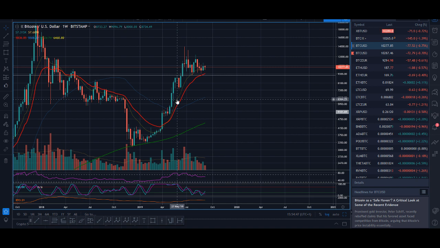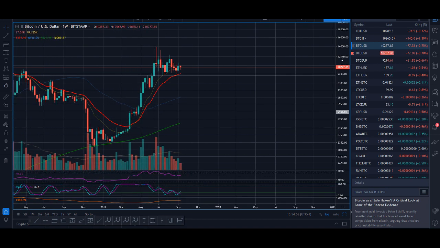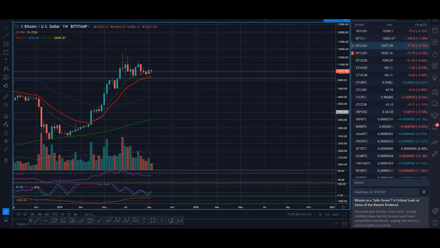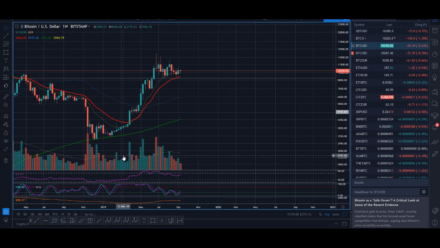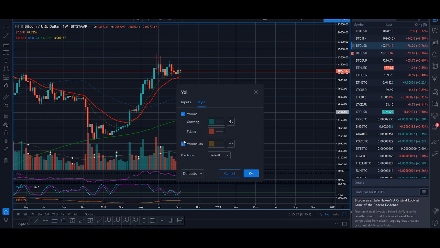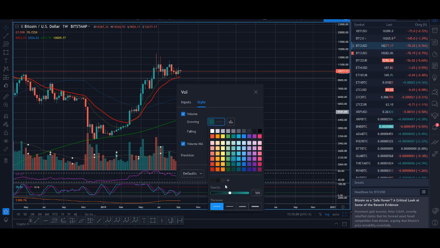I suppose you can do that in the stock market, but it's illegal to do it, and there's not as much wash trading. In crypto, there's so much wash trading to add fake volumes, so you have to look at different exchanges. So in simple terms, if you look at this Bitcoin move up, this is my volume moving average. You can use it. I'm going to thicken it so you can see it.